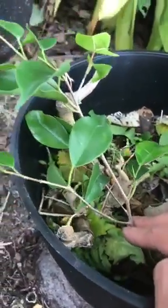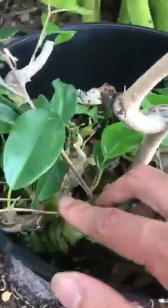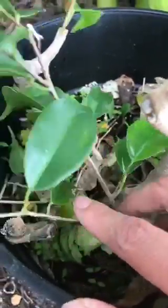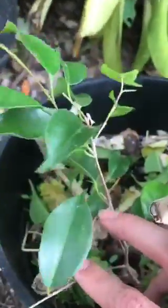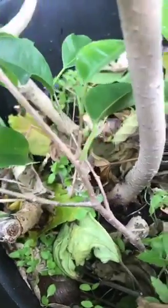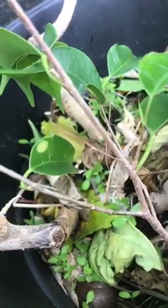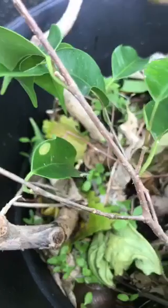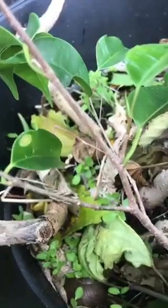So here's another one of the ficus. As you can see, it's got a few branches branching out down here, but the branches are very long and thin. So I think I'm going to reduce these branches down a little bit. When you cut back a tree, you have a few options. You can cut right to the branch with no leaves or potential branches coming out, and the tree will usually put out a whole bunch of new branches. However, sometimes you can select